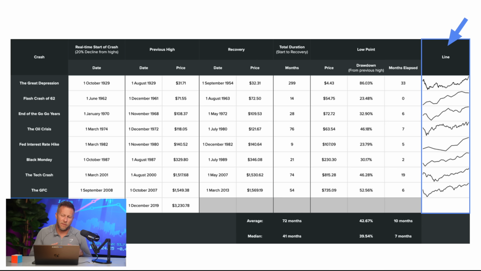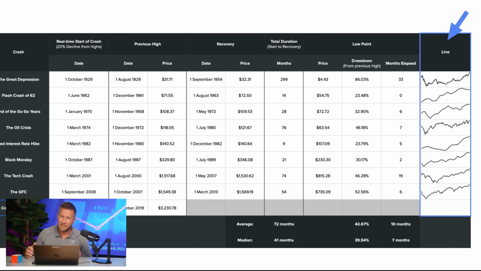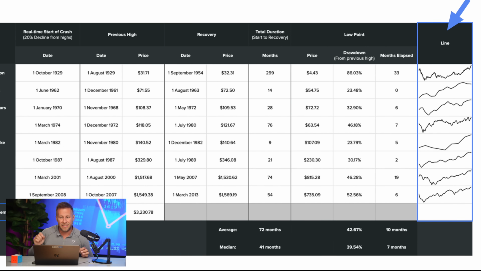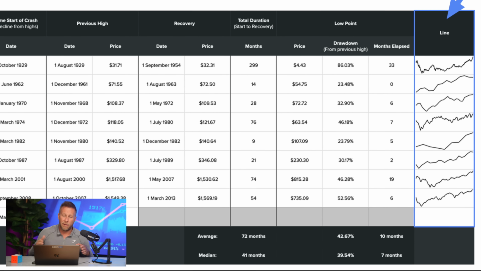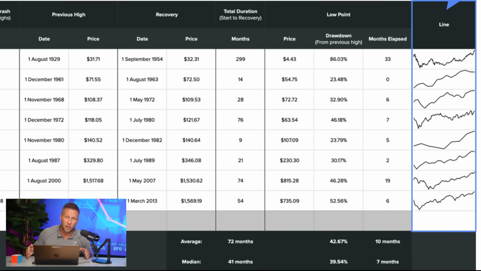So first of all, as I said, if you study history, you can see that it makes some really predictable and repeatable patterns. If you look at all the global crashes and recessions over the last 100 years, you'll see that there's some really closely correlated patterns, not only in price movement, but the length they last, the distance between the high and the low, the time elapsed between the start of the crash and the recovery. But the thing is, it takes weeks and weeks of work to figure out all of this stuff, potentially months of research to formalize a strategy around it. Now we can do this instantly at the click of a few buttons, and I'm going to walk you through how to do that right now.